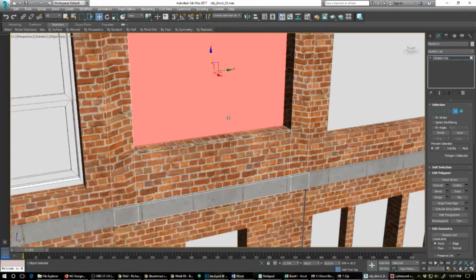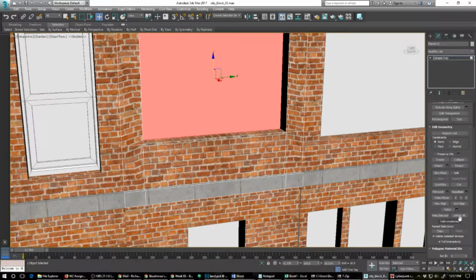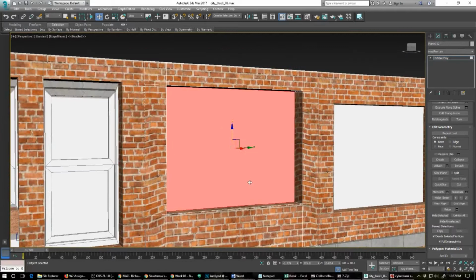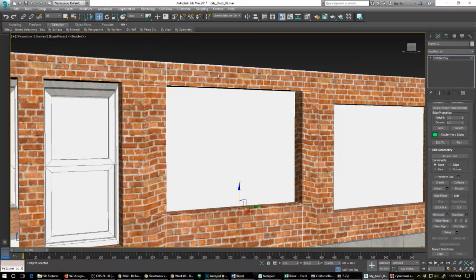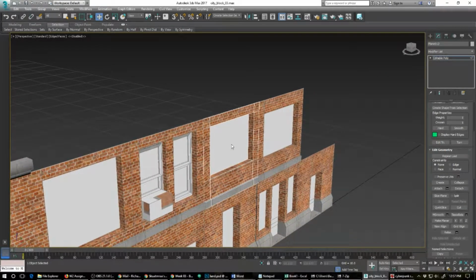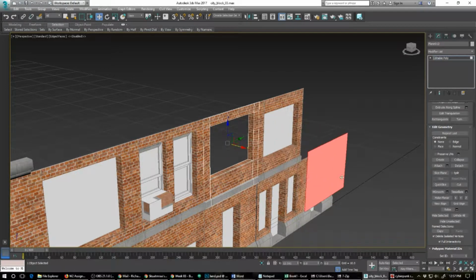So I'm going to grab this window here and detach it as an element again. Say OK, and grab the edge mode and oops, select. Actually, let's detach this window here. So let's move this off to the side here,